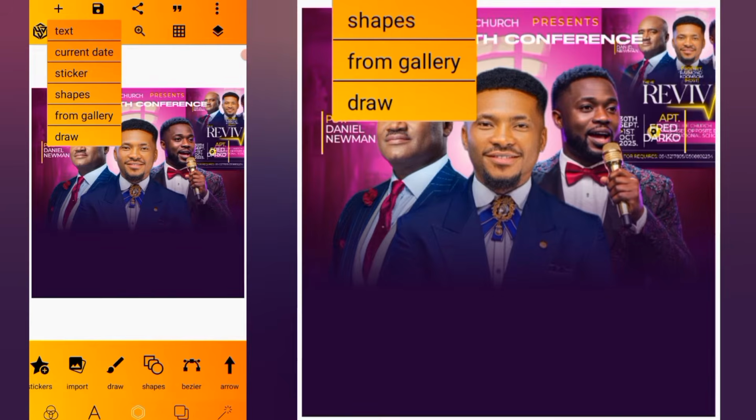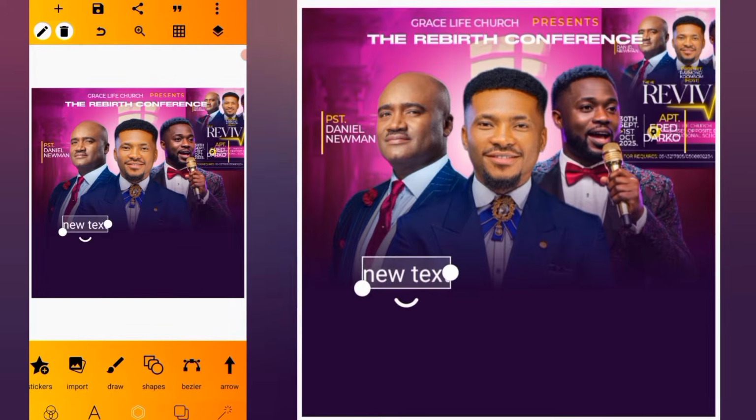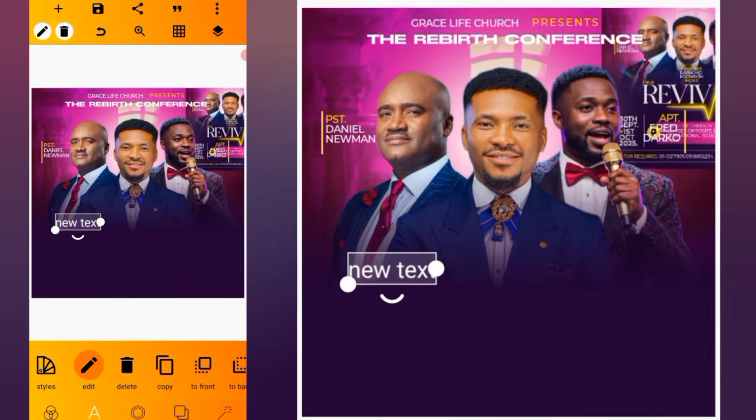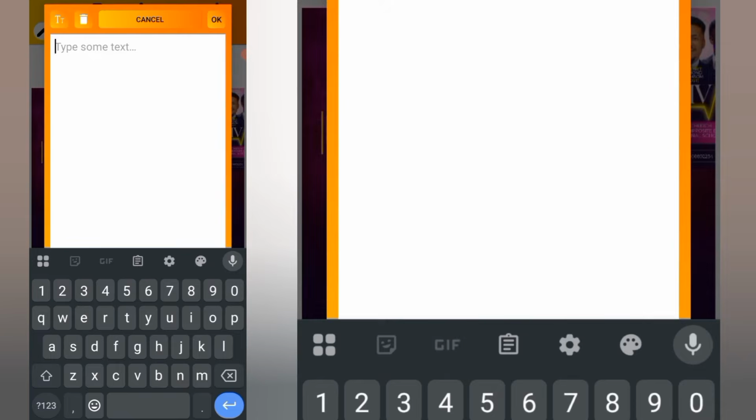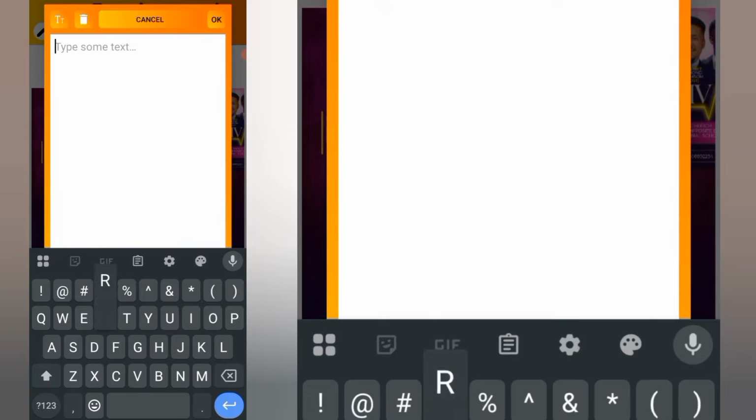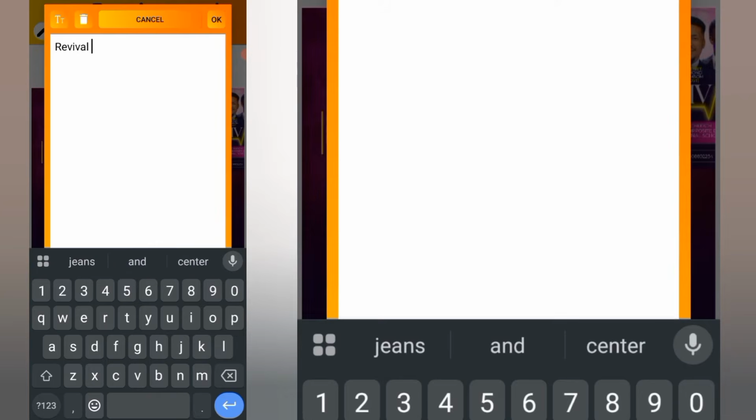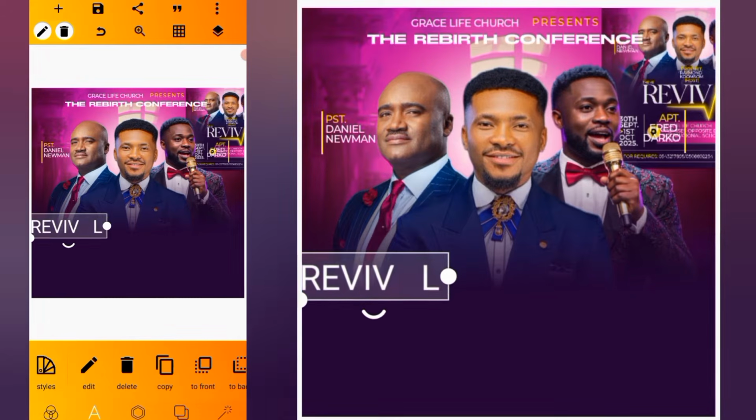Click on the plus icon again. I'll just go for a text. I'm going to position it here. I'll go to edit, then I just type revival, and I'll just remove this A. Click on space, right? Increase the size,